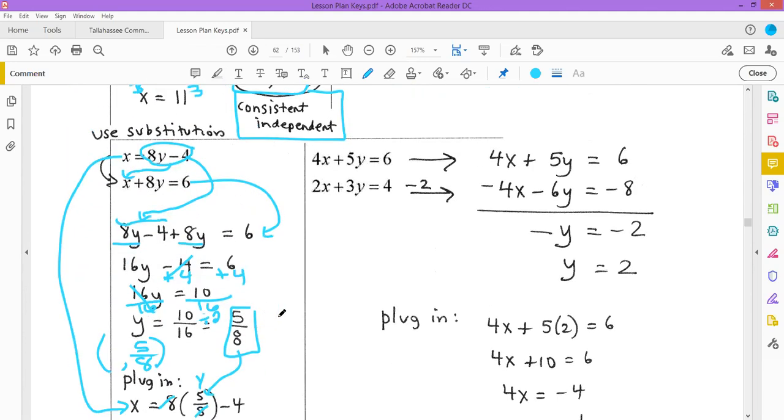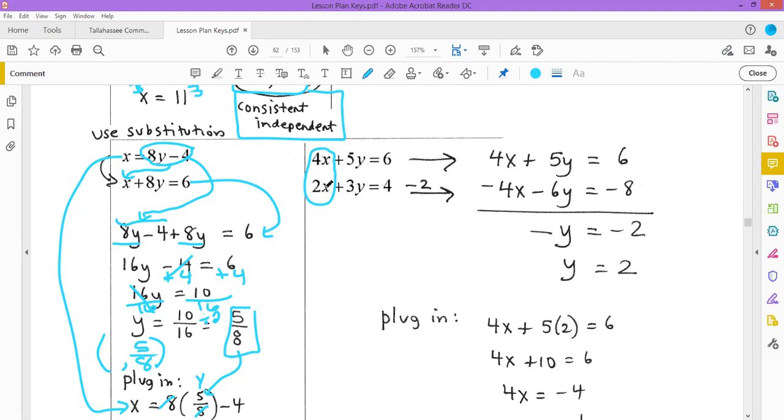All right, the next example, we see 4x plus 5y equals 6 and 2x plus 3y equals 4. This time, using substitution might not be the most reasonable use of your time because you don't have one of the variables already solved for themselves. We don't have x equals or y equals. So we want to work with our x terms. You decide whether you want to work with the x terms or the y terms, and we're going to eliminate